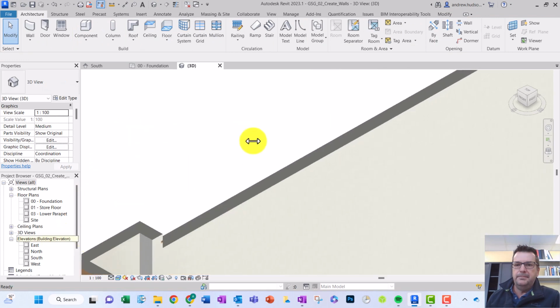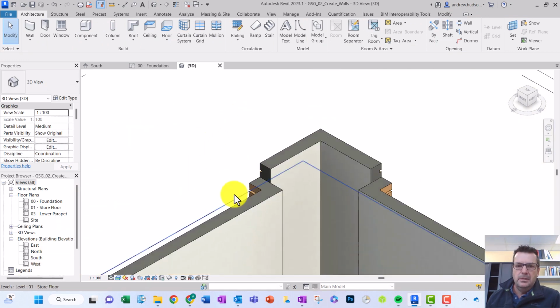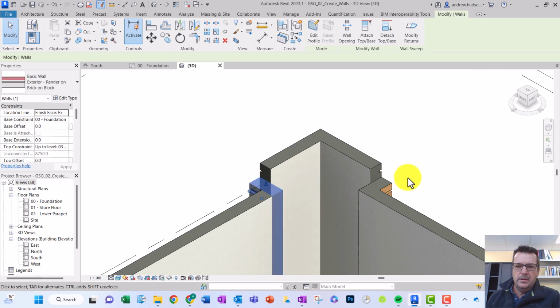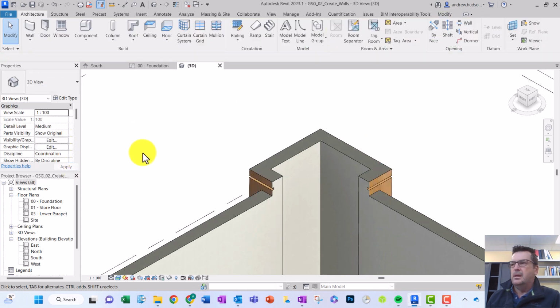like that. And we've got one more. Corner, that one, and that one. Upper parapet. There we go. Okay, so now what we're going to do is the two walls at the front of